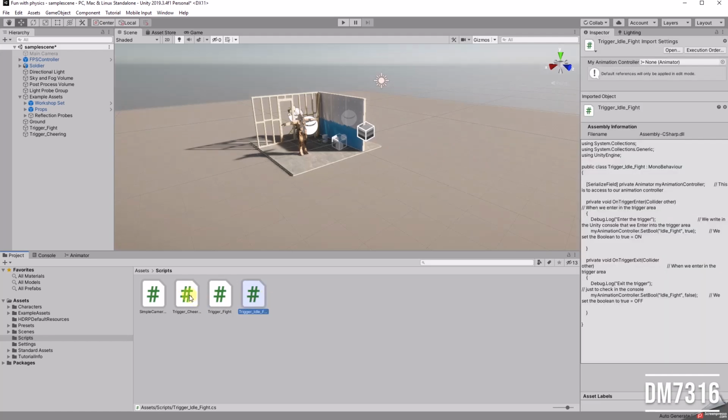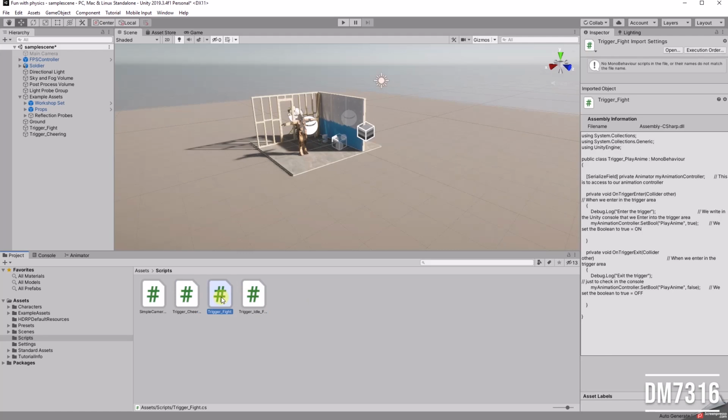So it's a bit confusing. I have already one cheering, so I will duplicate this fight, and I will call it trigger cheer. Okay. So if I select trigger fight,